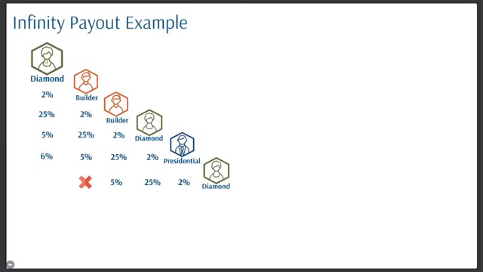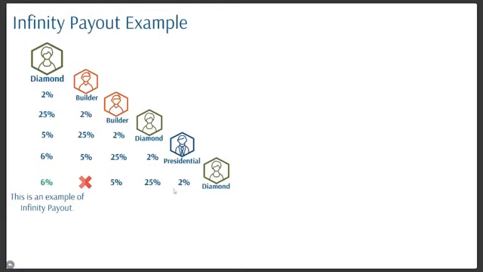So what percentage does this diamond get paid on this diamond? If you said 0, rewind it a little bit and look at those percentages in the way that I described them again, because the answer is actually 6%. And this is an example of infinity payout. So remember, we're working from the origination of the LP. Where was the order done, and how is 4Life going to pay the percentages on that order, right?